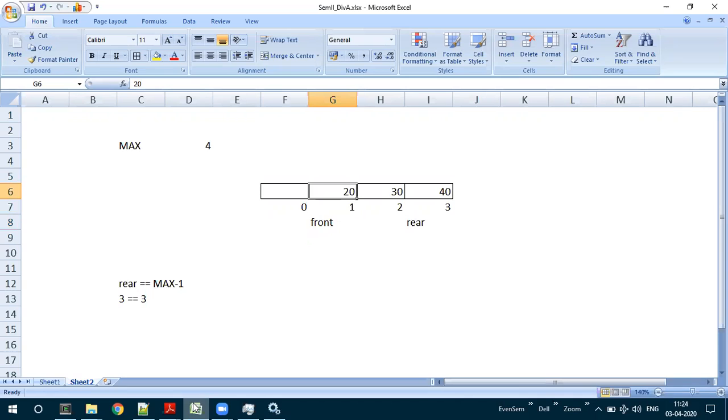If you try to do that, the program will give you queue overflow. Then they may ask the question that there are only 3 elements and the size is 4, so why is it not inserting the element? Then your answer should be, because the program we have written is a simple queue or an ordinary queue. In an ordinary queue, if you insert all the elements and then delete any of the elements, it will not allow us to do any more insertions, because rear is always pointing to the last position of the queue. Is that understood?